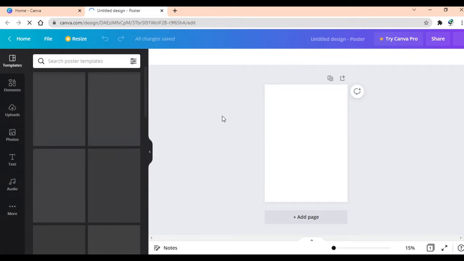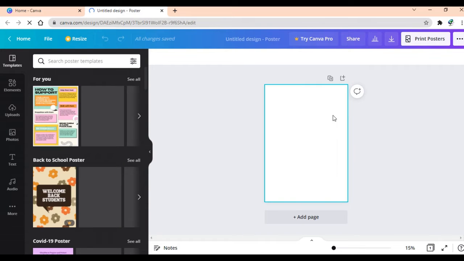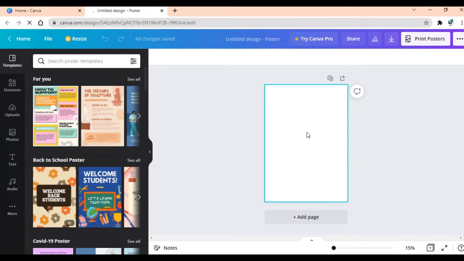Now it's just loading. तो यहाँ पे हम लोग क्या करते हैं कि बैकग्राउंड म्यूजिक के लिए हम एक पोस्टर बनाते हैं। ओके, सो यू कैन सी दिस वाइट कलर इज कमिंग।